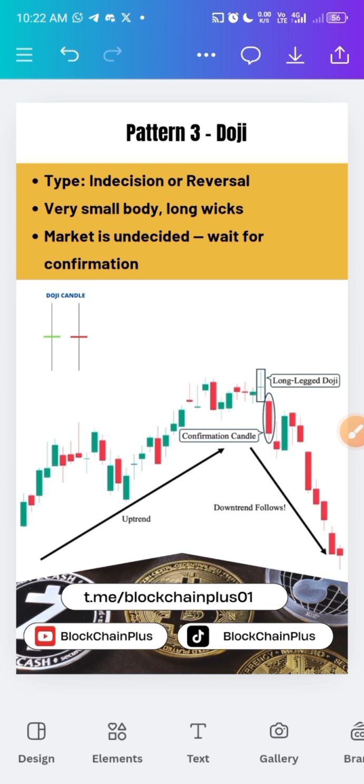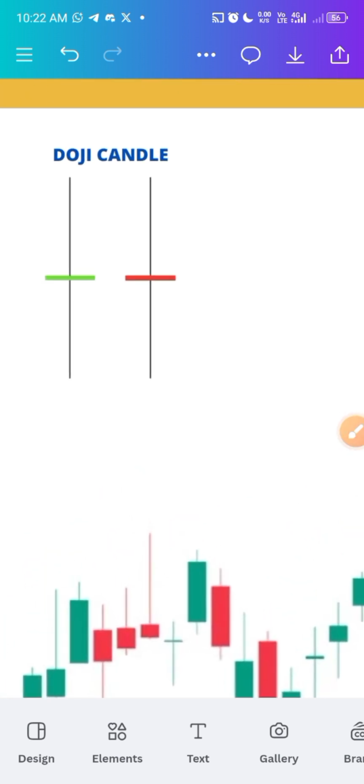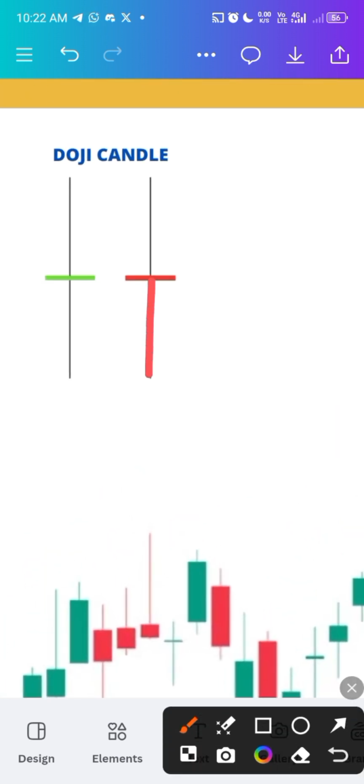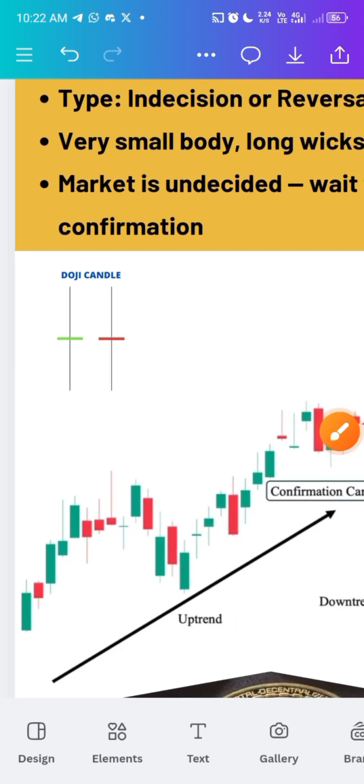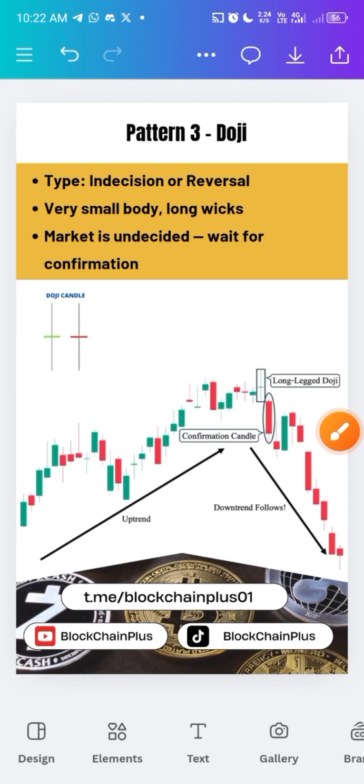You can see it here. You can see this long wick, then a very small tiny candle in between. So the market is in an indecision state. That is what it signifies. So you can see the market is undecided. Wait for confirmation. Now most of the time the confirmation will be an engulfing candle or a very long bullish